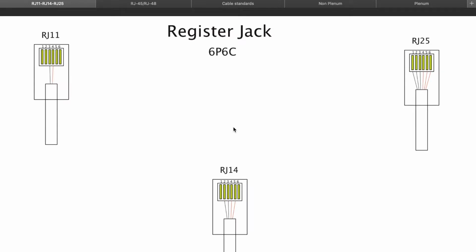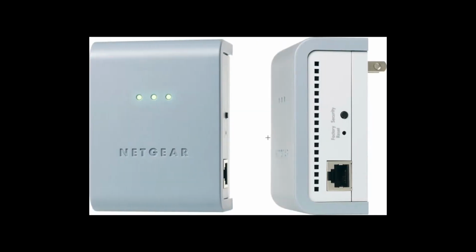Alrighty, so you've been looking around, you've seen a couple of the network layouts, and you figure out which one's going to best work for you. Now let's take a look at cables, the type of cables that you're going to use to connect this network. Right now we're going to take a look at the RJ11, RJ14, and RJ25, which